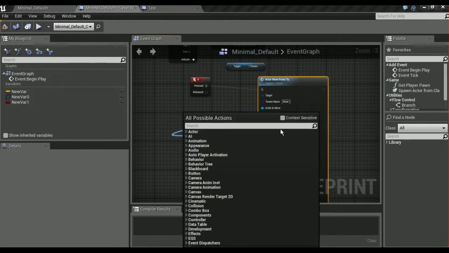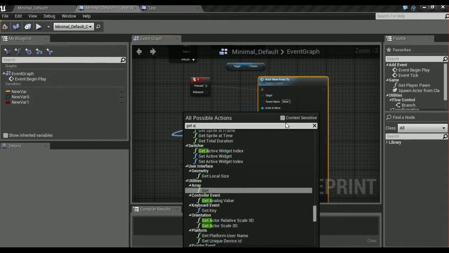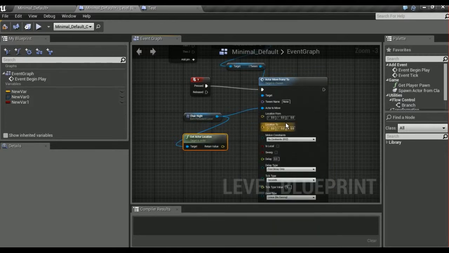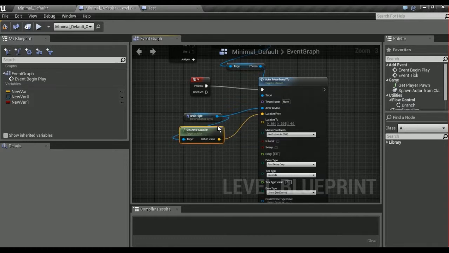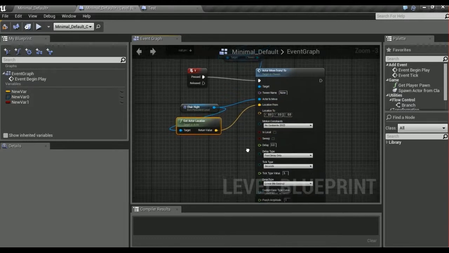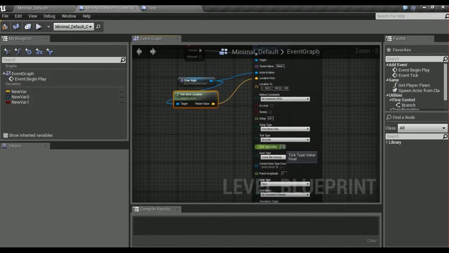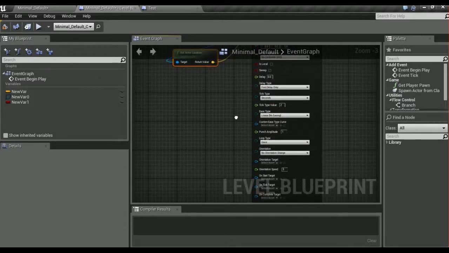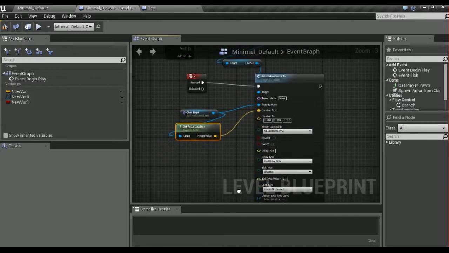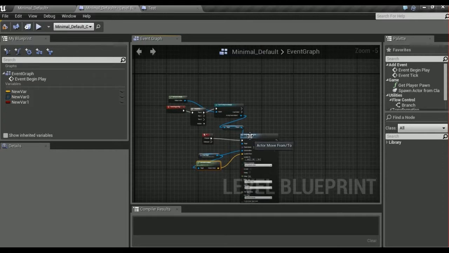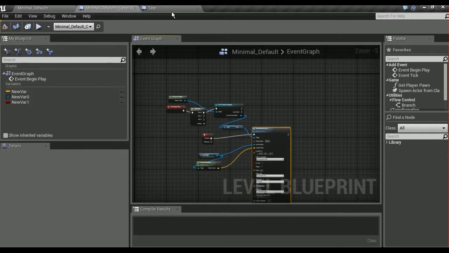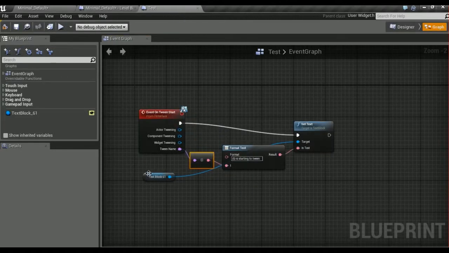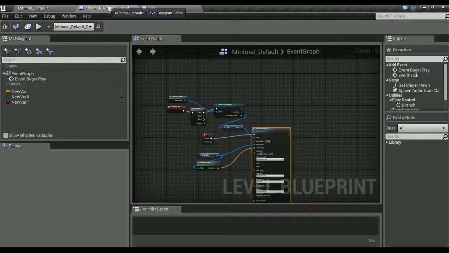We will get actor location, plug that into location from, and then have it tween toward the origin of the world in a matter of 2 seconds. Now, because we're using onTweenStart,